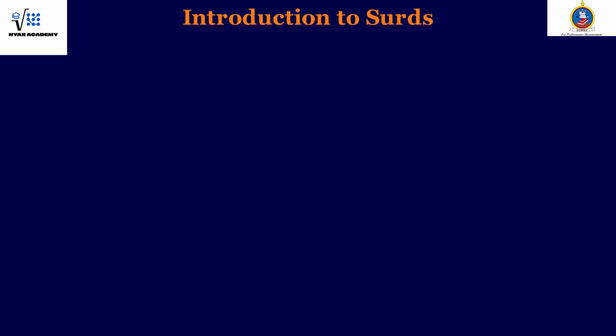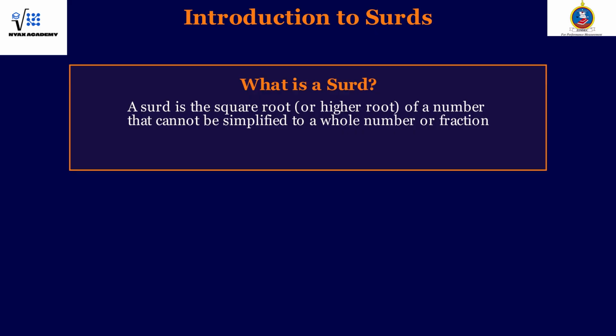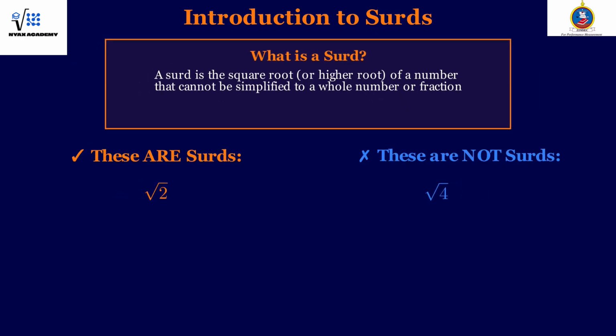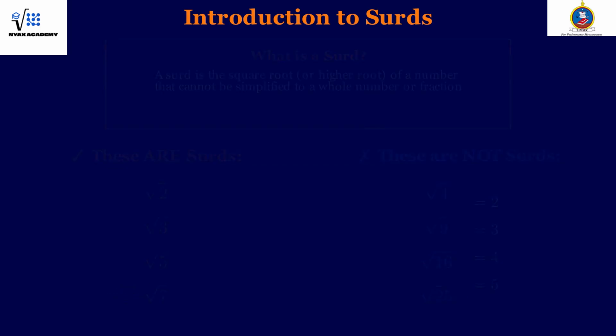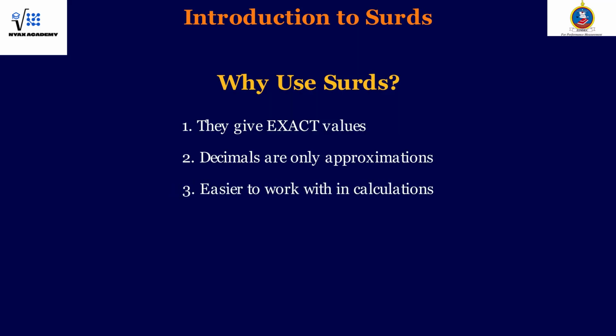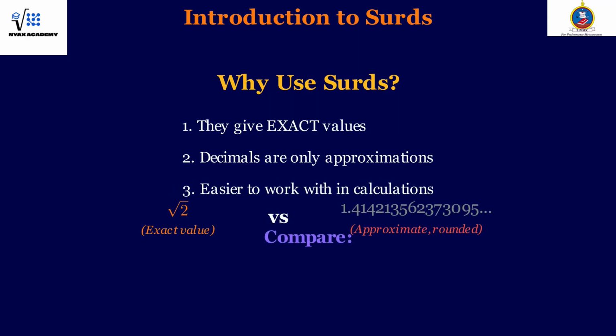A surd is the square root or a higher root of a number that cannot be simplified to a whole number or a fraction. On the right hand side we can simplify our square root, but on the left we cannot. In the world of numbers, we use surds because they give exact values. Decimals are only approximations, and surds are easier to work with in calculations. For example, the square root of 2 is an exact value, but if we try to approximate it,